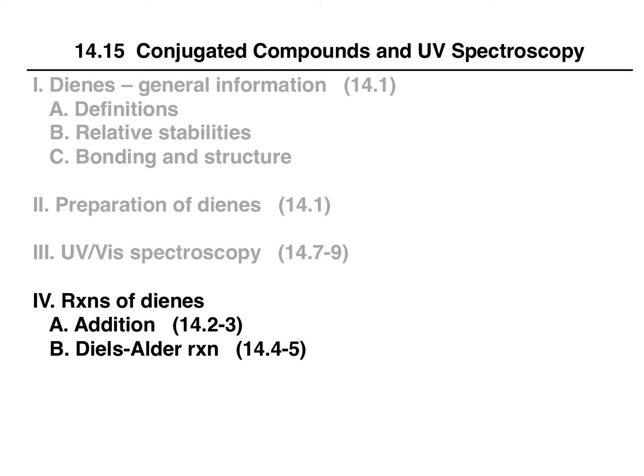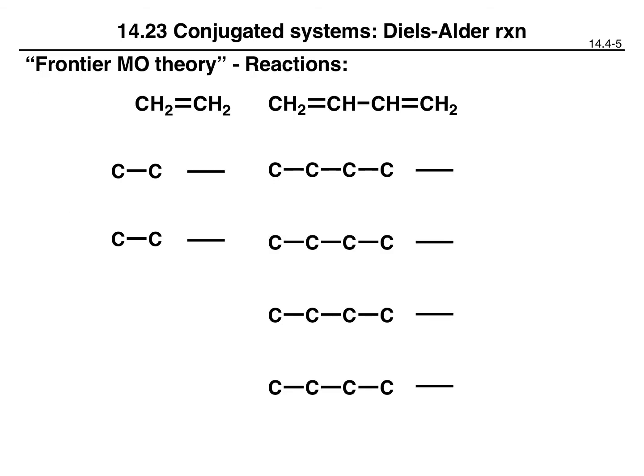In this video, we're going to continue to look at the Diels-Alder reaction and use molecular orbital theory to understand the mechanism. One way that we can try to study reactions, and in particular the Diels-Alder reaction, is to apply frontier molecular orbital theory. With frontier molecular orbital theory, we are focused on the highest occupied molecular orbitals and the lowest unoccupied molecular orbitals, right? We don't otherwise care about orbitals that are otherwise occupied or otherwise unoccupied, just the ones at the